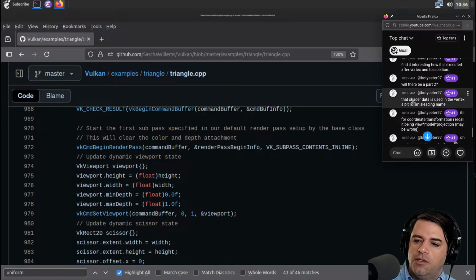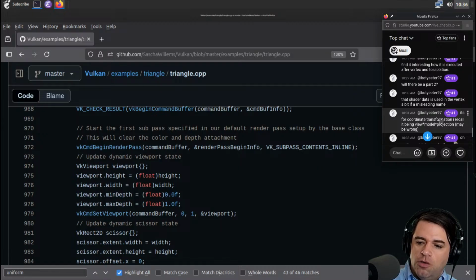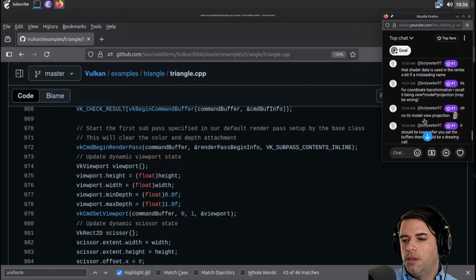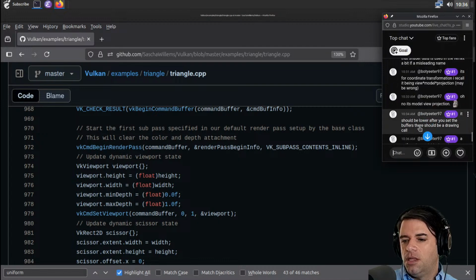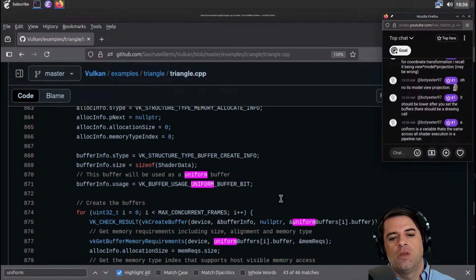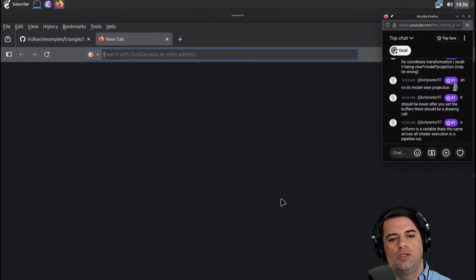Let's see what it is saying. The shader data is used in the vertex bit. Okay, a bit of a misleading name. It's a coordinate transformation, I recall, being view model projection. Okay. Uniform is a variable that's the same across all shader execution in the pipeline. Okay. So, but this